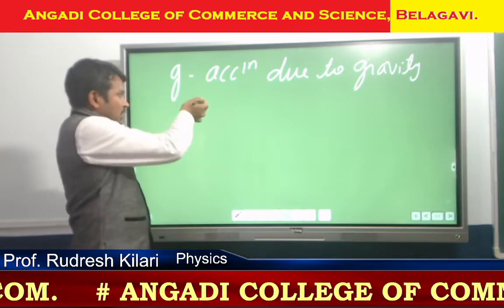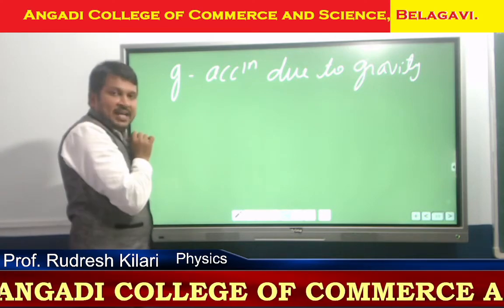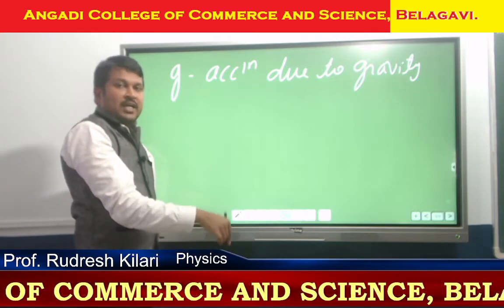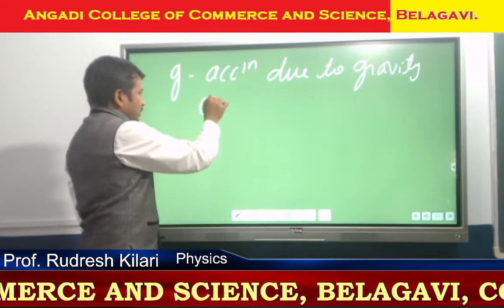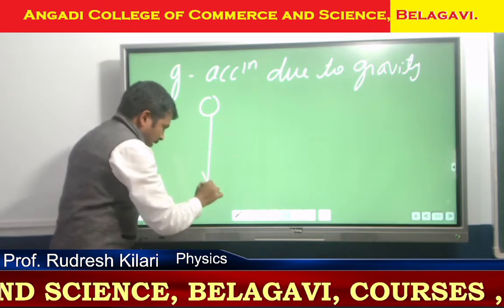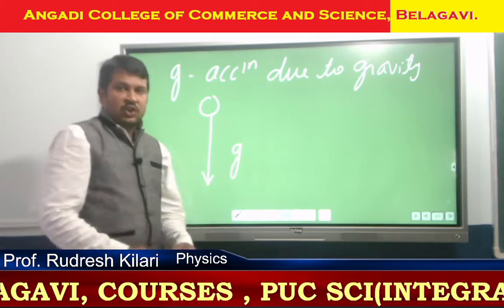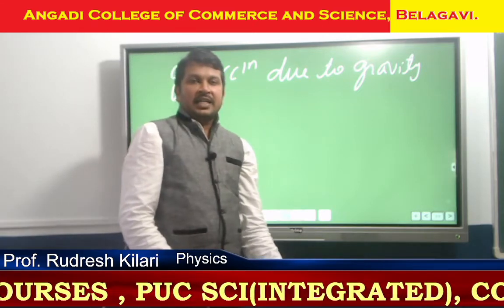It will reach a certain height. By reaching a certain height, again it will come back to its original position. Why will it come back to its original position? Any one object will come back to its original position. Why? This is because of acceleration due to gravity attracting it towards the earth.